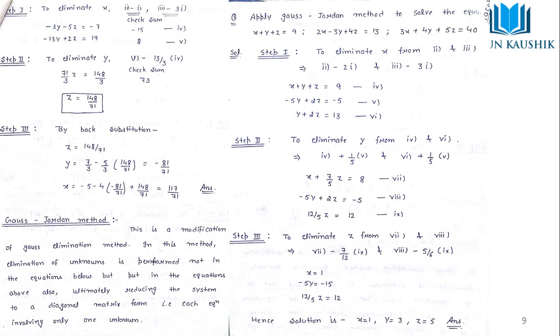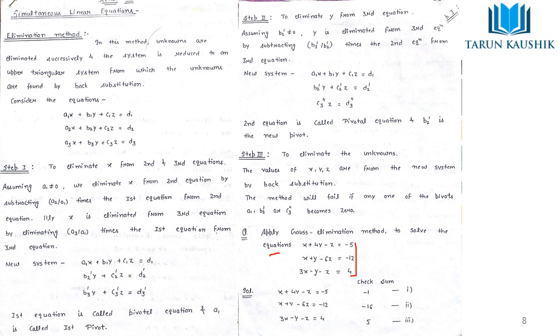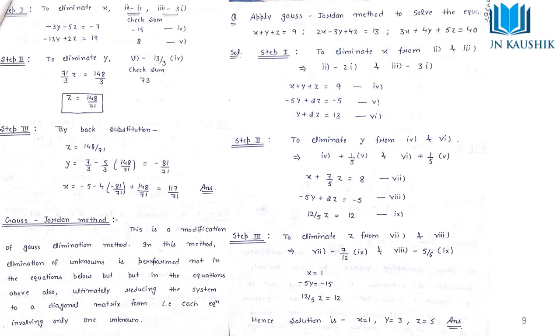So what we do is eliminate this x from the last two equations. We will remove x from these last two. How can we eliminate it? Subtract this from this, and subtract three times this from the third, because 3x will get cancelled. After this operation we will get these two equations. I will not explain how to subtract and add, because we are preparing for the IAS and you should do this with ease. So this is the first step we have done.